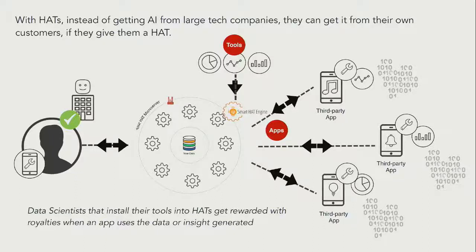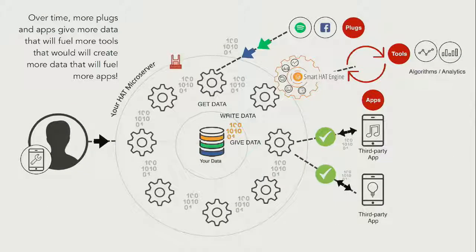With the heads, instead of getting AI from large tech companies, they can get it from their own customers, because the head owners have already run those AI algorithms within their head. Data scientists can install their tools into the head to get rewarded with royalties when an ad uses the data or the insight generated. Over time, with more plugs and applications,